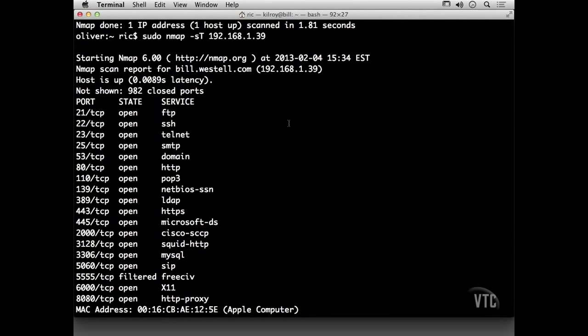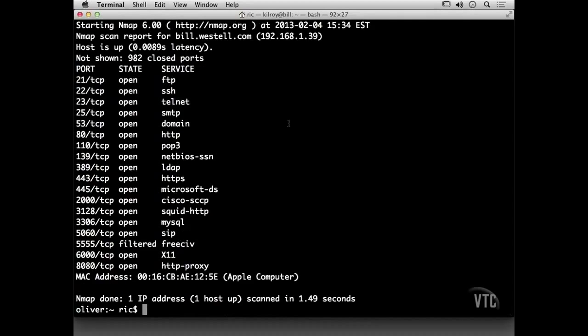So that's a TCP scan where I do the full handshake, and I'm doing the SYN, I get the SYN ACK back, and then I send the ACK back. I do a full open on the TCP port. So again, these are all TCP ports that we've been looking at so far. I could also do a UDP scan. -sU would be a UDP scan, and I could do